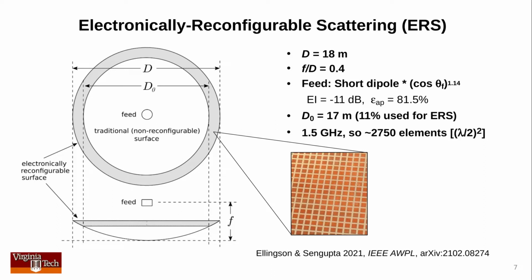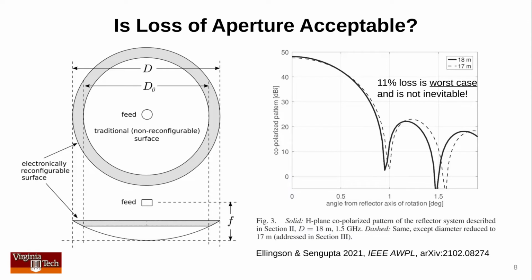And we'll do the study at 1.5 gigahertz. At that frequency, it takes about 2,750 elements, presuming the elements are on a half wavelength grid. A good question to get out of the way is whether the loss of aperture to the reconfigurable surface is